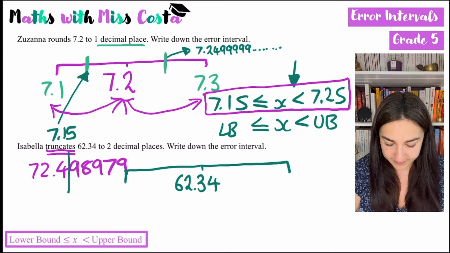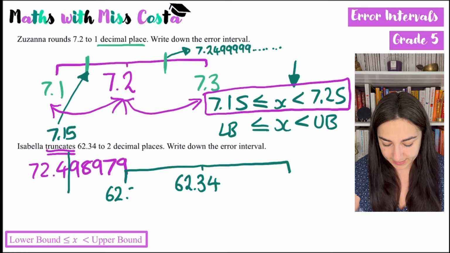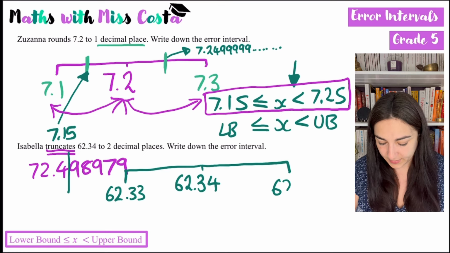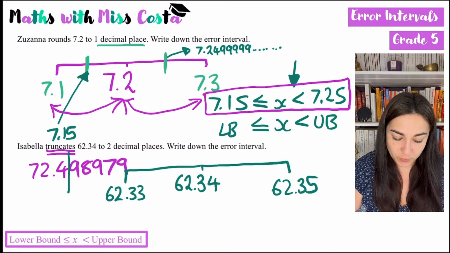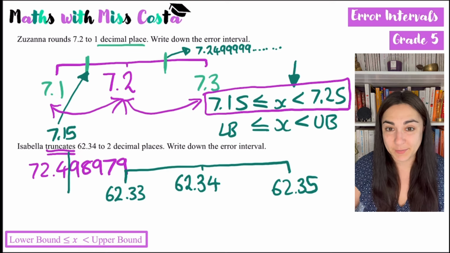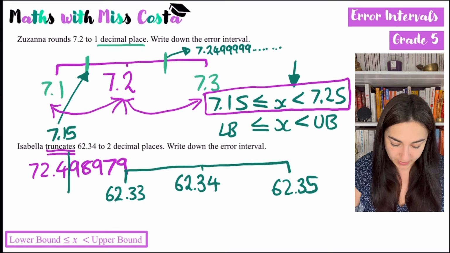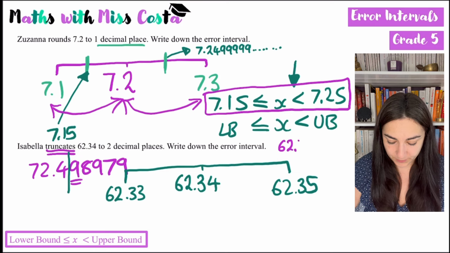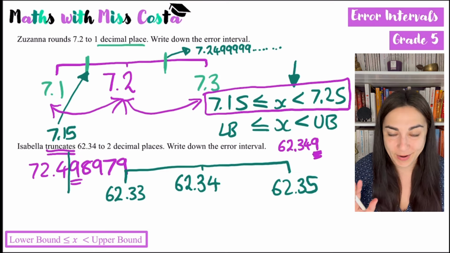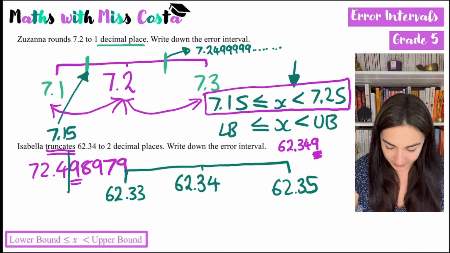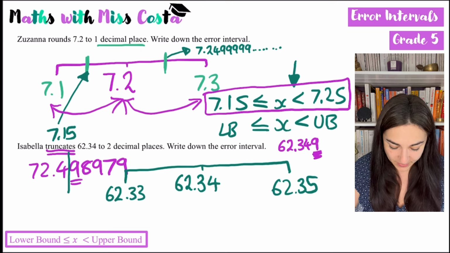So to 2 decimal places, its neighbours would be 62.33 and 62.35. Now remember, it could have been truncated, so I'm not looking for the middle, I'm looking for the maximum it possibly could be. So just like in this case, the maximum value would be 62.349 because I ignore rounding rules and everything. So the maximum value it could have been is that, and the minimum value it could have been is, well, for it to round to 62.33,